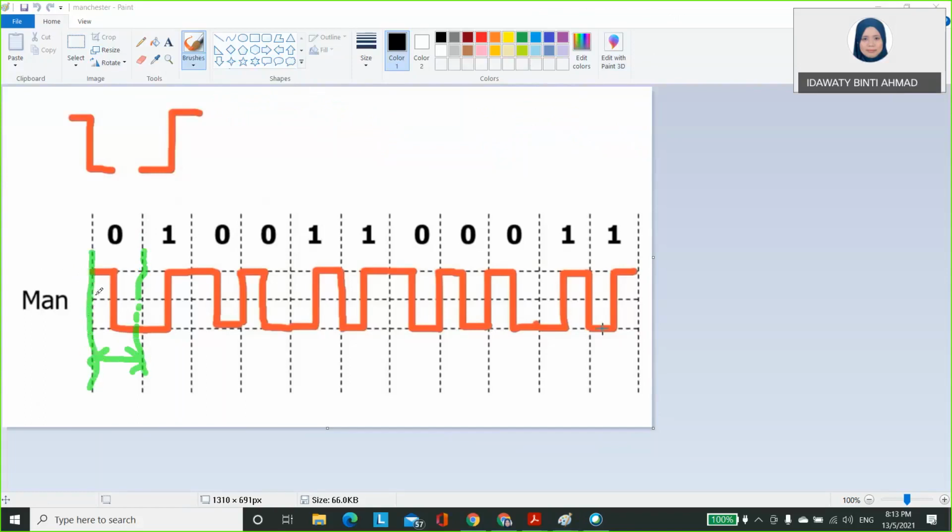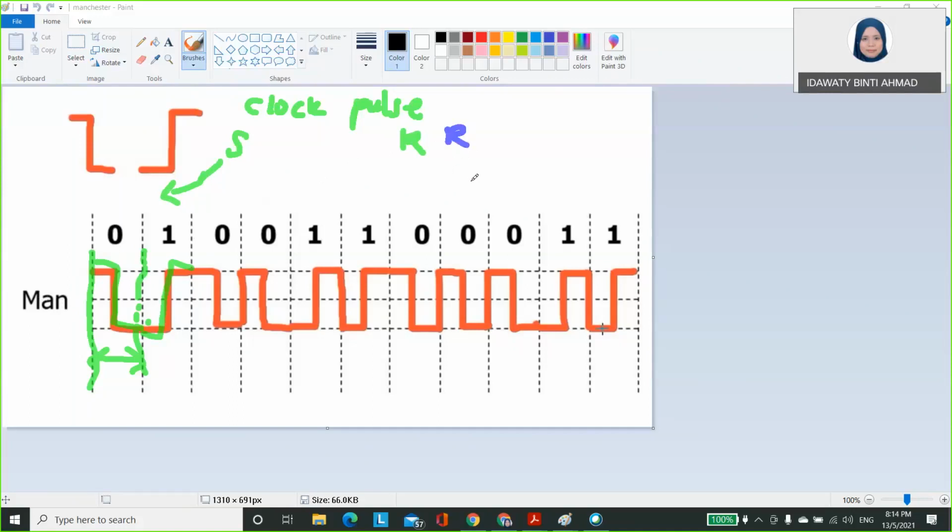So when you start the clock, then only you can encode. Another clock ticking, sometimes we call it a clock pulse. When the clock ticks, then you can do the next encode. So for the sender, let's say the sender has this clocking, and the receiver must also have the same clocking.